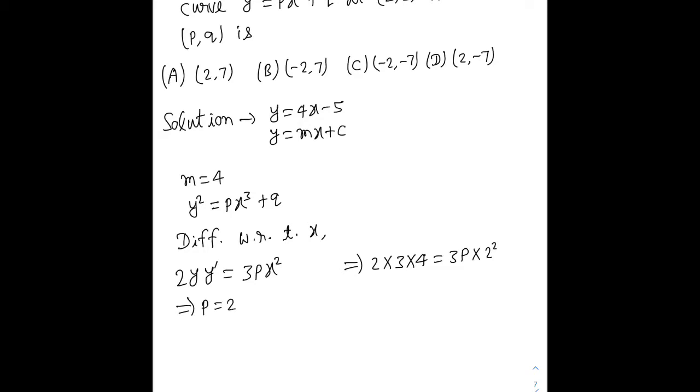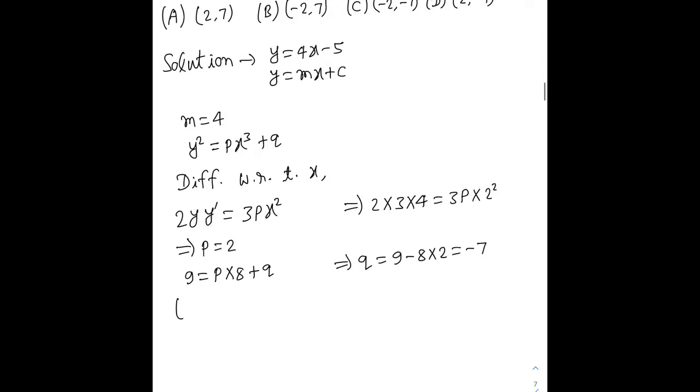Okay, after getting p equal to 2, you can substitute x equal to 2 and y equal to 3 in this equation. So when you do it, 9 equal to p into 2 cube, that would be 8, plus q. Then you get q equal to 9 minus 8p. Okay, then you will get p comma q as